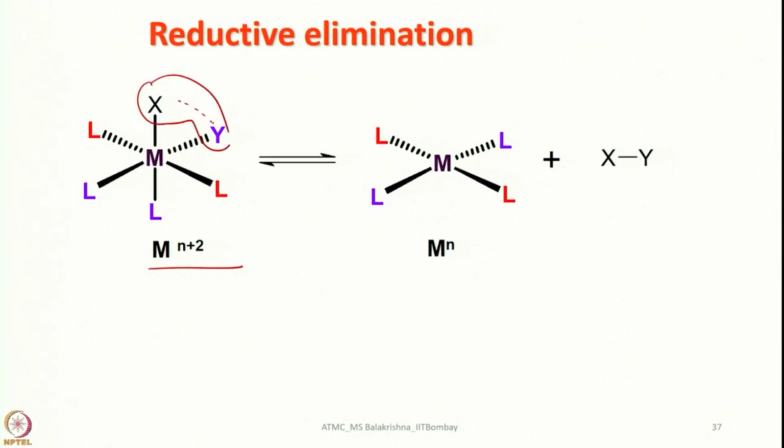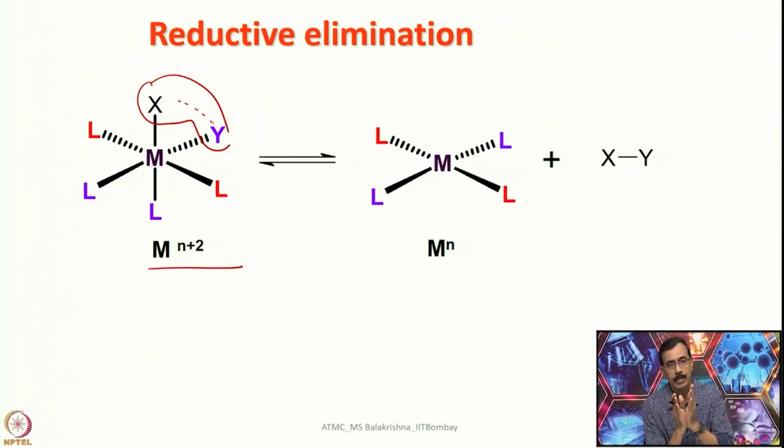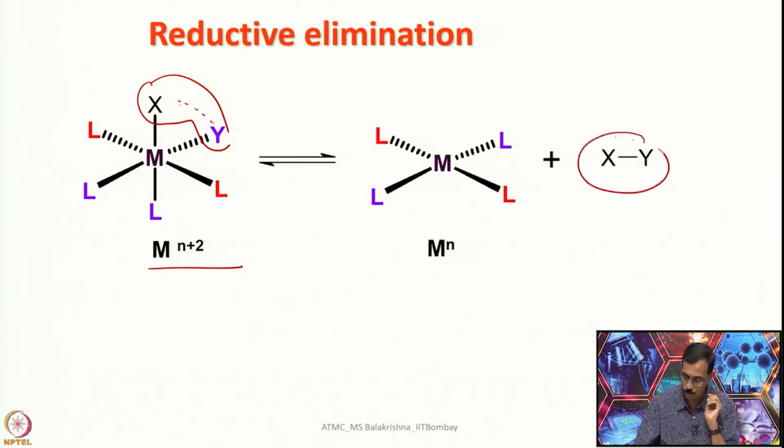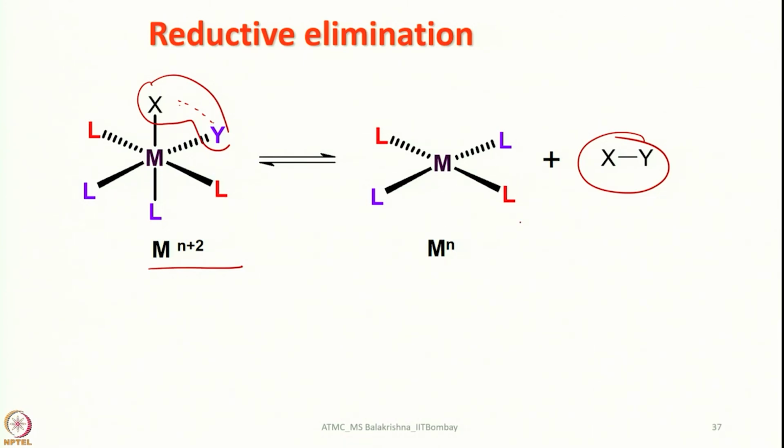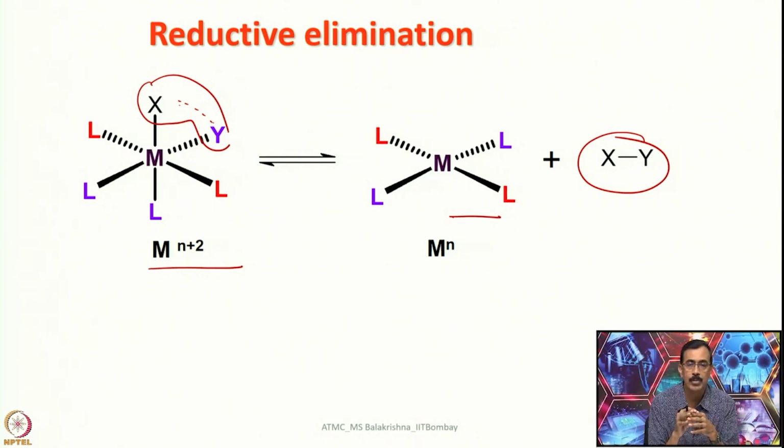So slowly a bond will be established. These two entities are brought close to each other, they start interacting and a bond is established, and then eventually this will be eliminated. And then now it gains 2 electrons and also it loses 2 ligands. So coordination number decreases, oxidation state decreases, and we get back the starting compound. Prior to the oxidative addition, what we had was this one, and if the rate at which oxidative addition happens and reductive elimination also happens,